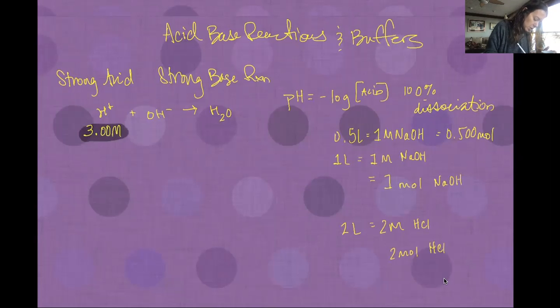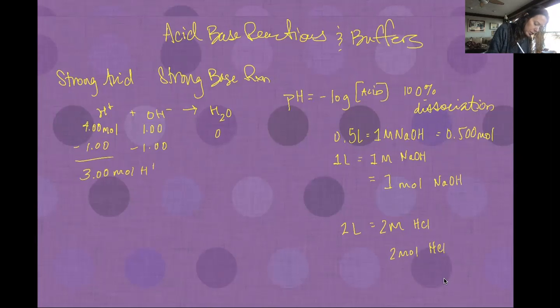Let's say that we did our calculations and we ended up having 4 moles of hydrogen. Usually they're much smaller numbers, but who cares? And let's say that we added 1 mole of hydroxide. Well, we see that this would be our limiting reactant, and we would be left with 3 moles of hydrogen,